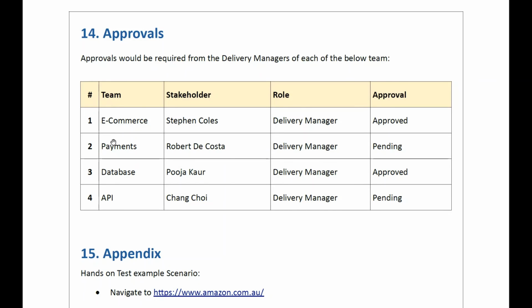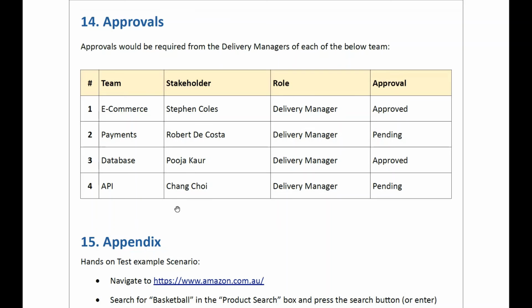For this particular e-commerce application, the delivery manager approval is needed, and from the payment team we need approvals. And from the database team, whenever we fetch data from the database, we need approval from their delivery manager or any senior manager.